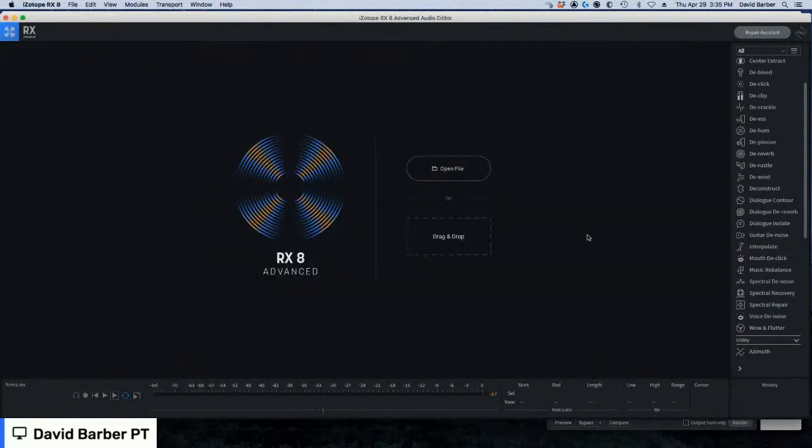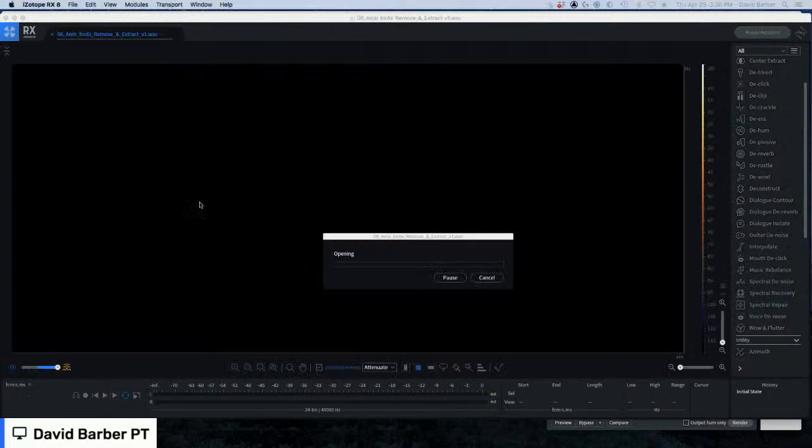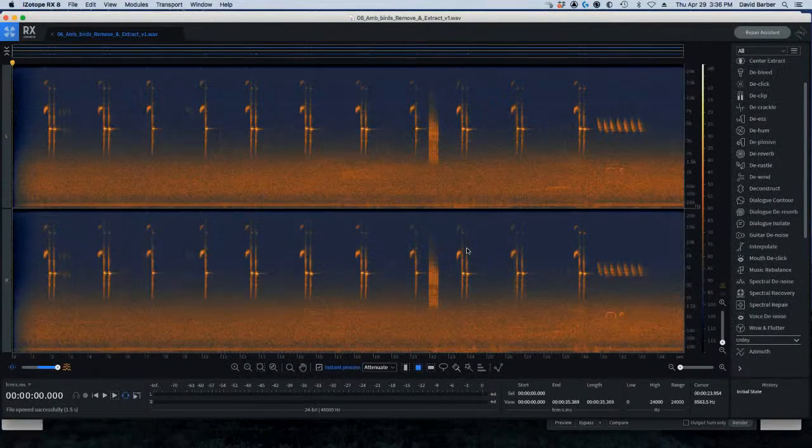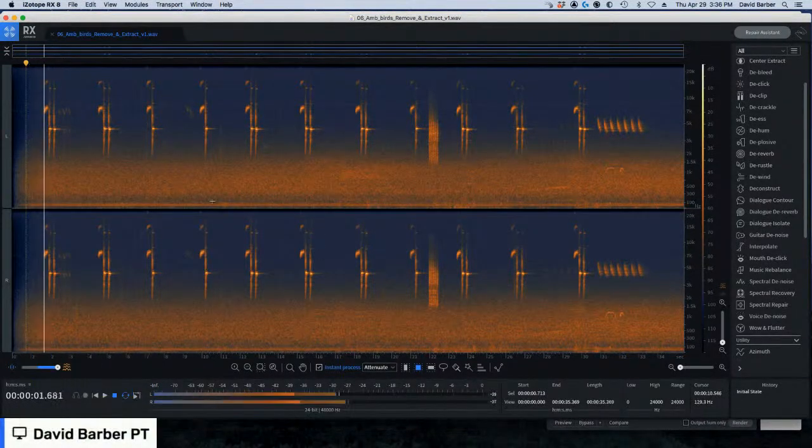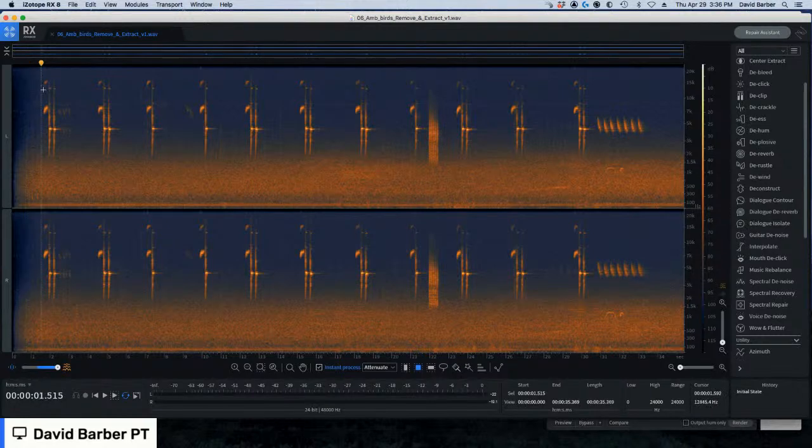So let's see. I know we're going to go to a Q&A here in a second. Somebody mentioned something about inverting the audio, and I want to show you something that's kind of fun that you can do in some modules and can't in others. So here's just a background piece with some birds in it. So I'll show you something that's really fun with this. First off,